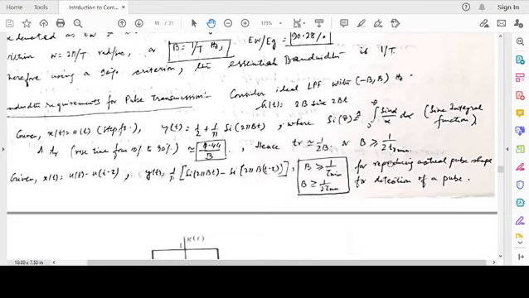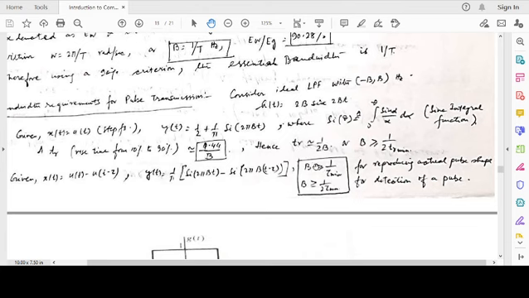In many cases, I need to just detect the presence of a pulse in a noisy scenario. It says, okay, I got a 1. In that case, my bandwidth requirement is less, barely 1 by 2 tau. But in many cases, the actual pulse shape is important, it carries information, pulse position is important, pulse amplitude is important, and so on. In that case, B is greater than or equal to 1 by tau. You need a larger, almost 2 times more bandwidth.